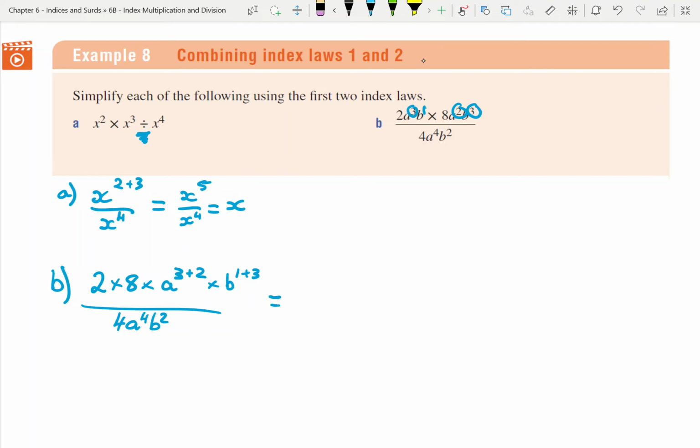And so let's do some simplification. We get 16 a to the 5 b to the 4 over 4 a to the 4 b to the 2, or b squared. We can do some more simplification here. So 16 quarters is just the same as 4. A to the power of 5 minus 4 is a to the power of 1. And b to the power of 4 minus 2 is b squared. So our final answer there is